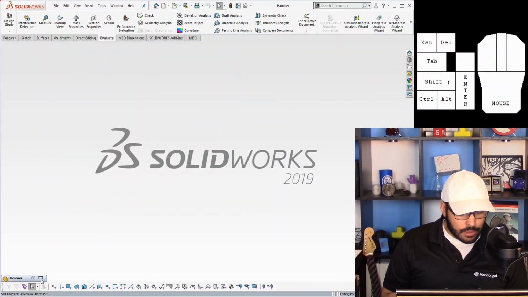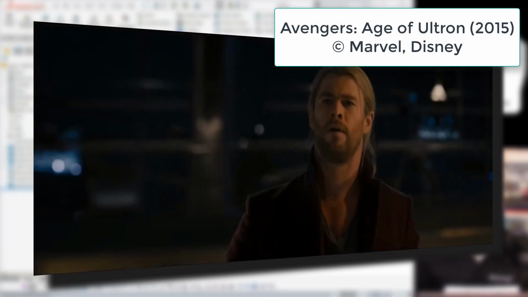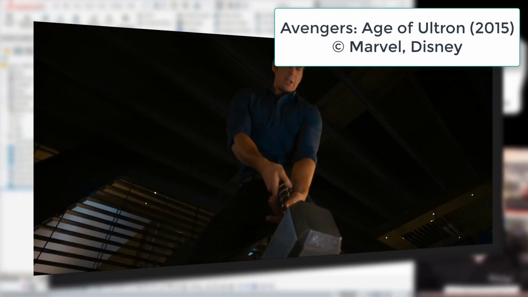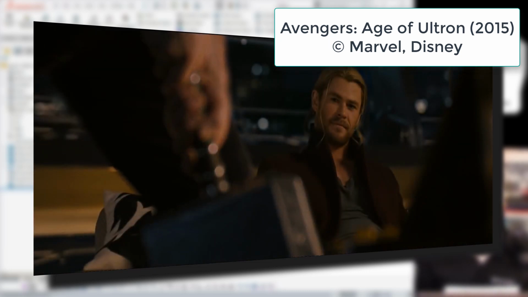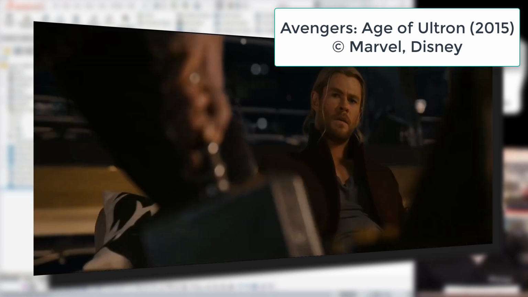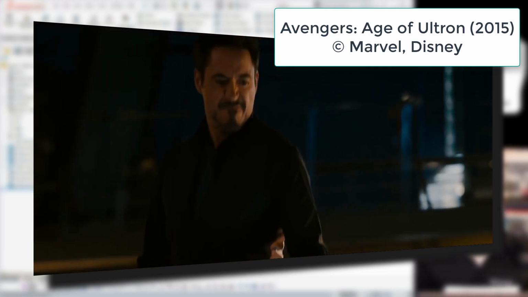Today we're going to abuse SOLIDWORKS in order to create a part with infinite mass, and we will accomplish it with this. Thor's Hammer, Mjolnir, is of course Thor's primary implement that was forged by dwarves from the heart of a neutron star. Only those deemed worthy are able to lift it, but this model here has a mass,